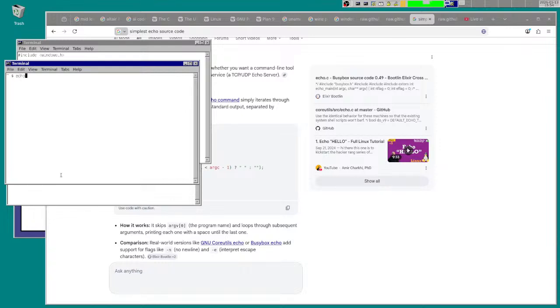So the length of this, if I just type echo, is actually 2, because it's a new line, and then at the end of all these things we always have a null terminator, a byte that's just 0 value. So if I just type echo, it basically outputs 1 byte and then a null terminator.